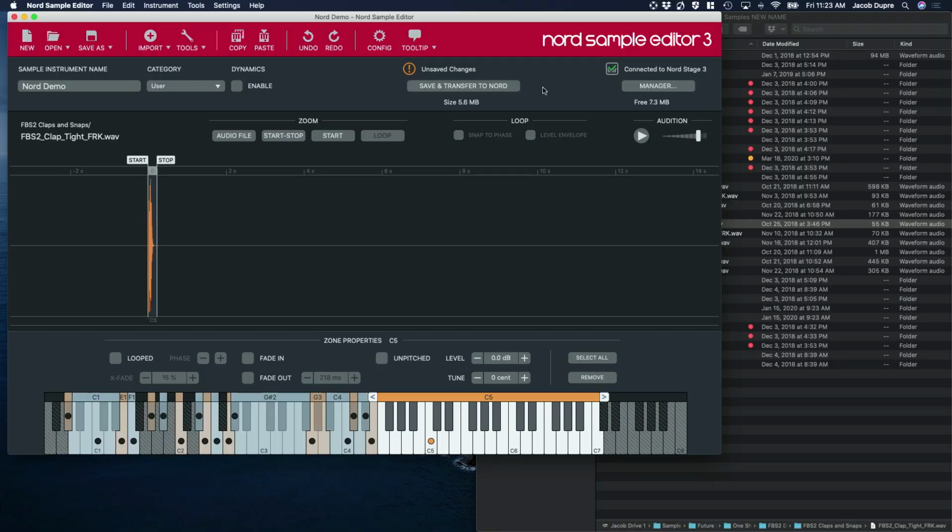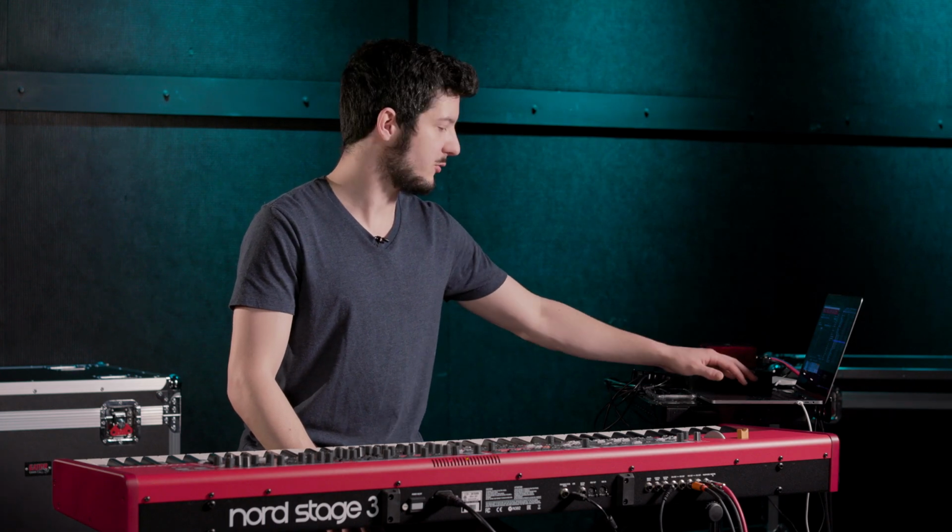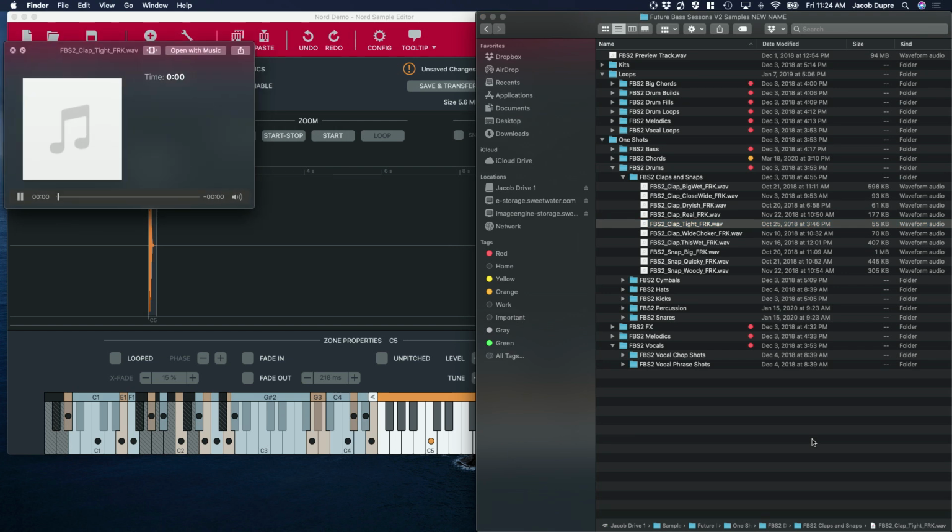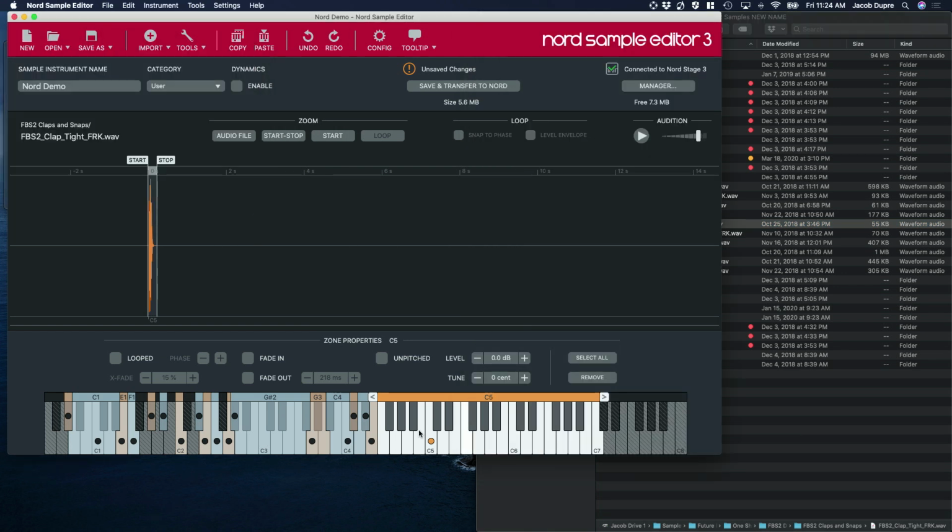Now, a quick note though, is that it's not on the Nord yet. You have to click Save and Transfer to Nord, then it will take a moment and it'll update the instrument. We'll do that once we mess with this a bit. So that sample, which is a clap sample that sounds like this, is now mapped to this boundary on the